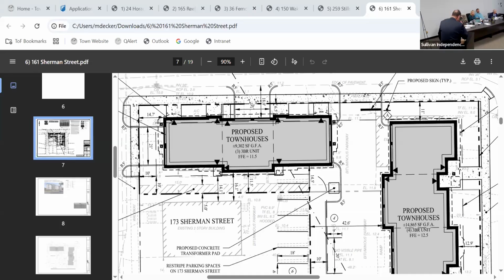And now we're taking it down, so they're 15 short of what's required, and now you're going down to a project that requires 18 spaces, of which you'll have far less turnover of vehicles throughout the day.